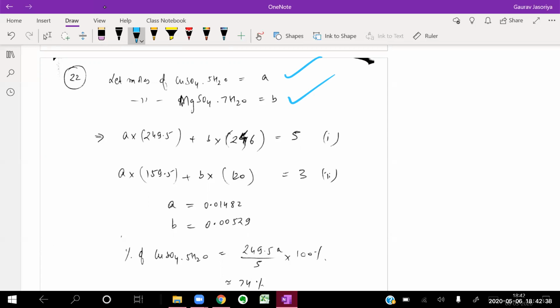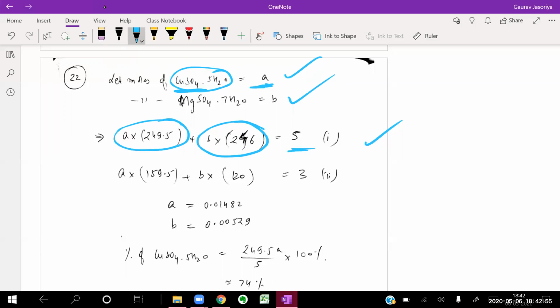सो आपने यहाँ पर मोल्स माने CuSO4.5H2O के a, तो उसका मास कितना होगा उसके मॉलिक्यूलर वेट से मल्टीप्लाई कर दिया। सिमिलरली MgSO4 का आपने मोल्स मान लिया b भी, उसके मॉलिक्यूलर वेट से मल्टीप्लाई कर दिया, तो दोनों का मास ऐड करा, वो 5 ग्राम होना चाहिए, पहली इक्वेशन है। अब आप यहाँ पे नोटिस करो, अगर आपने इस पूरे कंपाउंड के मोल्स a माने हैं तो इसमें जो CuSO4 है उसके भी मोल्स a ही होंगे, क्योंकि इस पूरे यूनिट में एक यूनिट के अंदर एक CuSO4 होता है, तो ये CuSO4 के मोल्स हो गए इनटू उसका मॉलिक्यूलर वेट।